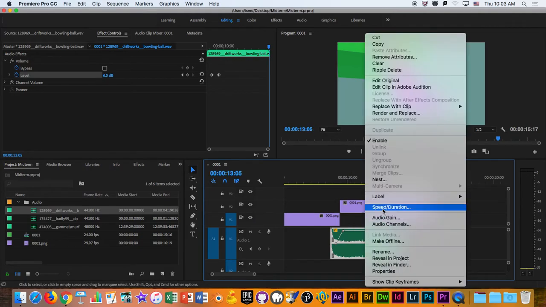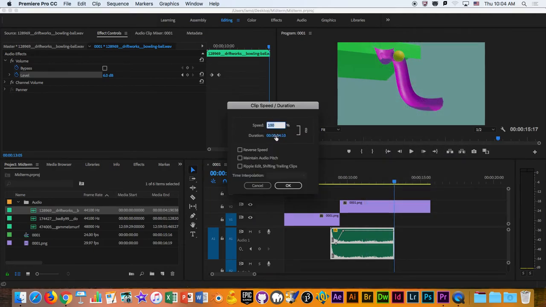So right click, Speed/Duration, and we could go to duration here and just make it an even 6 seconds. Another thing we can do, if we wanted to, is reverse the sound. I don't want to do that. We could also click Maintain Audio Pitch. Maybe we wouldn't have noticed it as much because we're not stretching out this clip as much. But